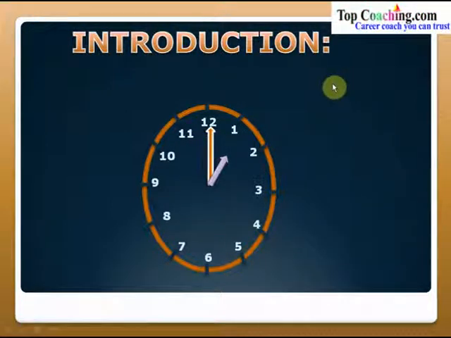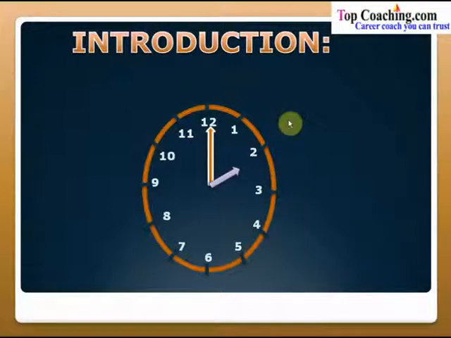Now again the clock doesn't stop at any moment, it continuously keeps on moving. The hands keep on moving. So after 1 it would be 2 o'clock. Again the minute hand has completed one round and it has gone back to its position, that is 12, and you can clearly see that the hour hand has moved one more division from 1 to 2. So at 2 o'clock the hour hand is at the second division and the minute hand is at the 12th division.